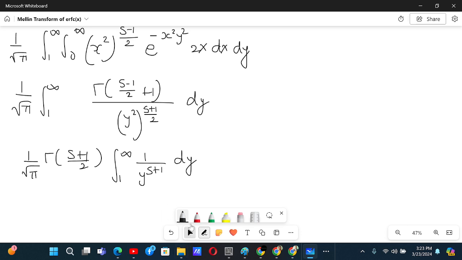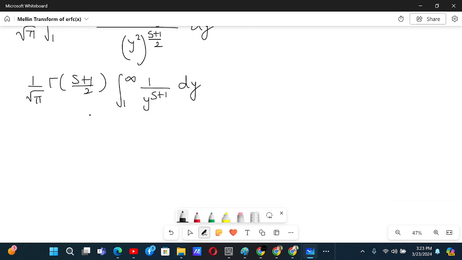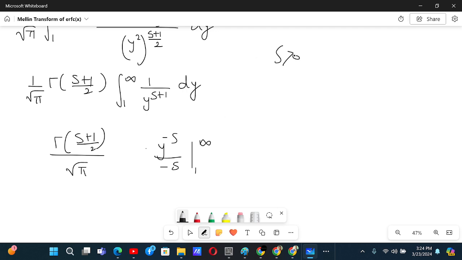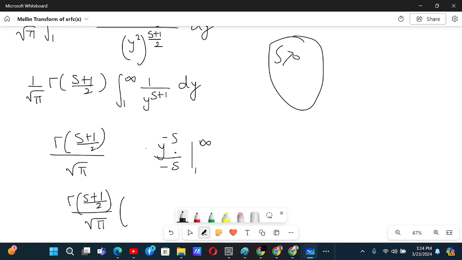Assuming that s is not 0, what we can say is that thing over here will be y to the power minus s by minus s from 1 to infinity, assuming that s is a positive number. Okay. Yeah. And so we get gamma of s plus 1 by 2 by root pi times